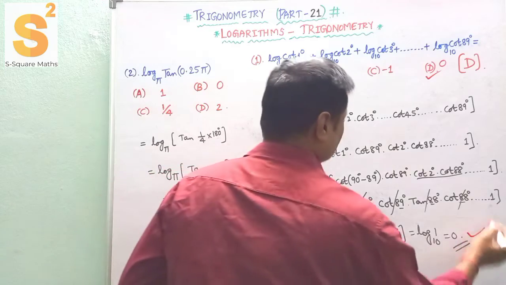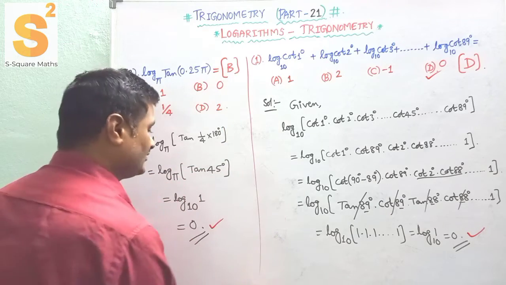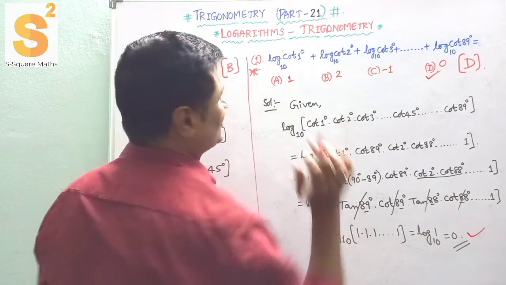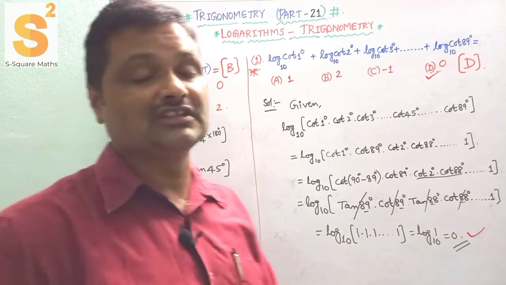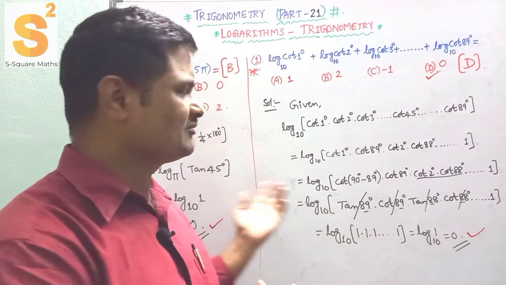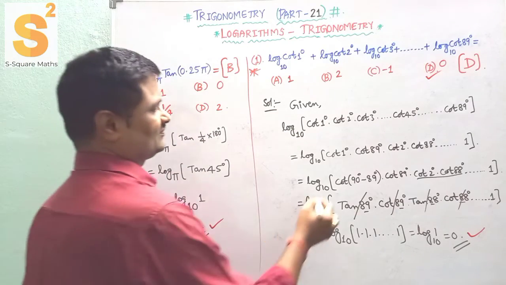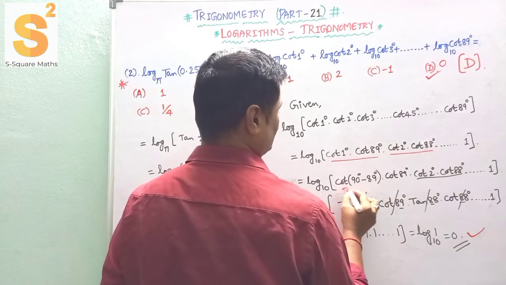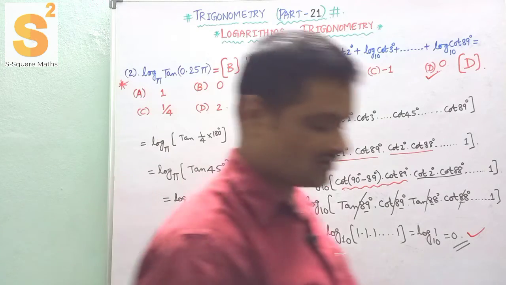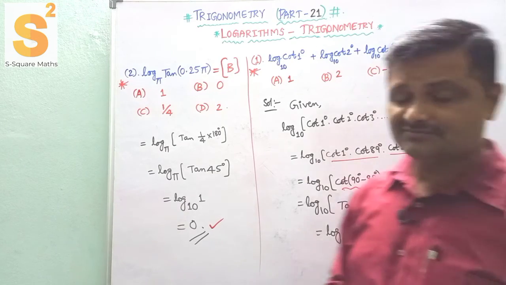So like these two problems, here D option, and here it is nothing but our B option. Like these two problems, logarithms and trigonometry are correlated. Just if you know the formulae or properties, laws of trigonometry or logarithms, easily you can overcome. So like this first and second problem of logarithms and trigonometry. So finally part 21, trigonometry.